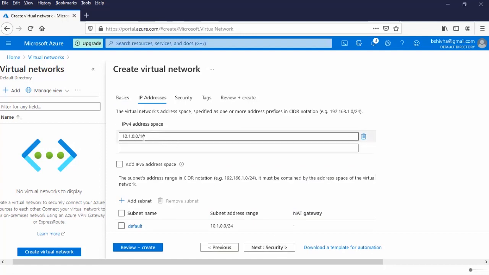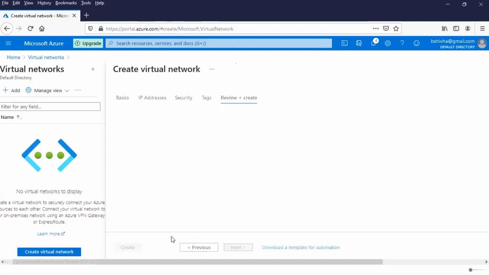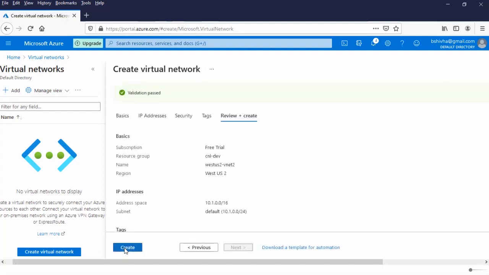Here, automatically, they are also recommending one more /16 network, and from this /16, one more /24 host subnet. /16 means it's a parent, so you can have up to 254 subnets from this. And out of this, we need only one subnet because we just need to test the functionality. So I'm fine with the default security settings. Review, create, and create.